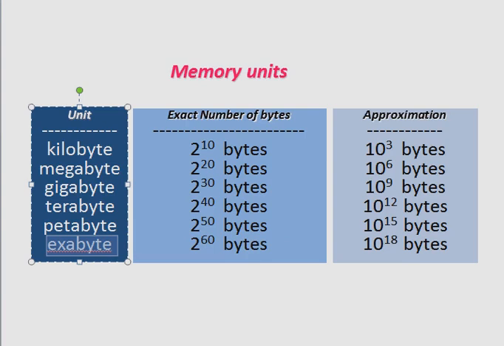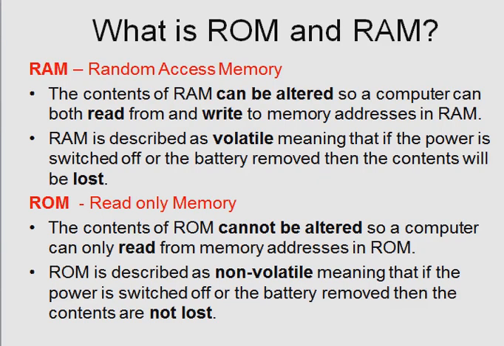So if you see, these were some memory units, starting with bit, byte. Before byte there is a nibble, and again it is kilobyte, megabyte, gigabyte, terabyte, petabyte, and exabyte. Next is a type of memory that you must have heard about. What is ROM and RAM? There are two kinds of primary memory in our computer.